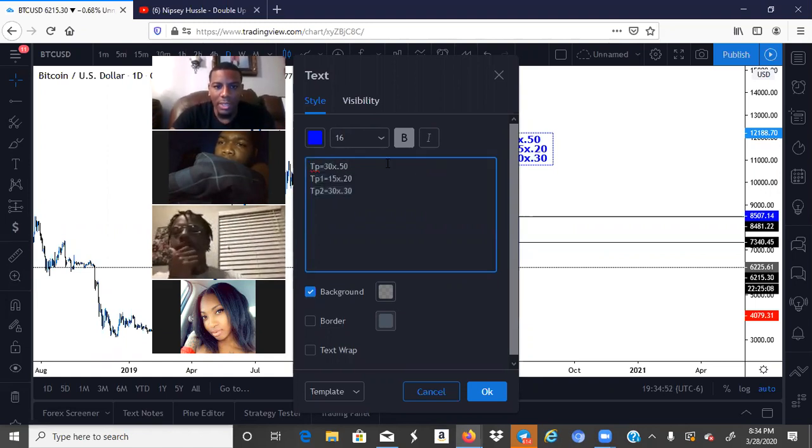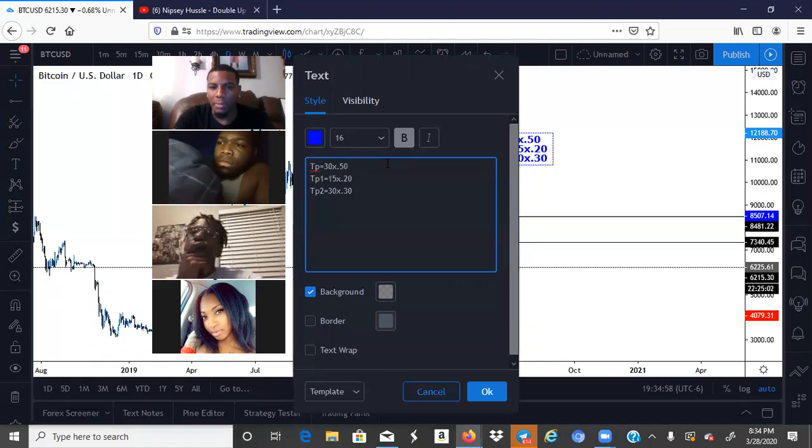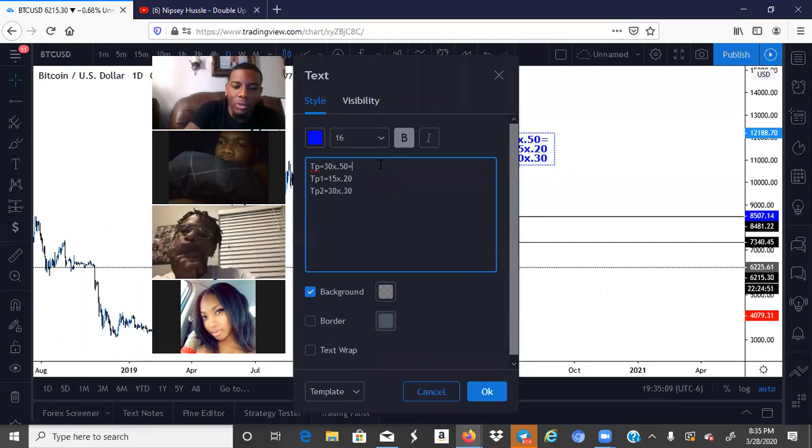So the person that took this trade at 30 pips made a grand total of $15. This person made $3 on that trade, and they made